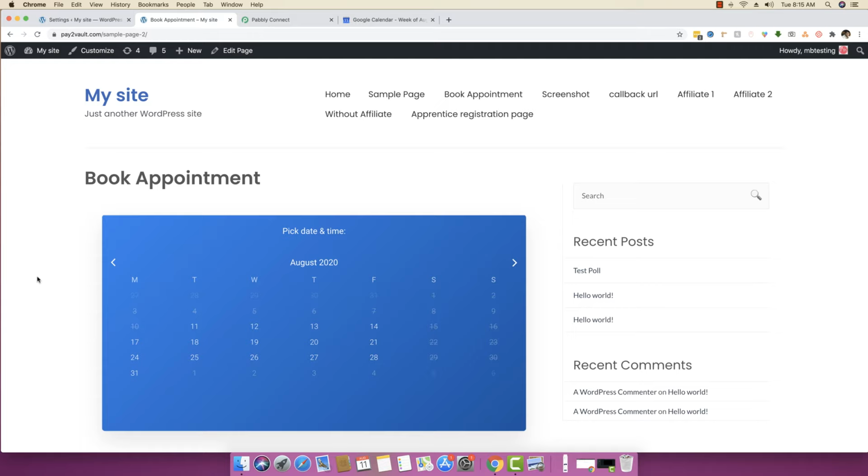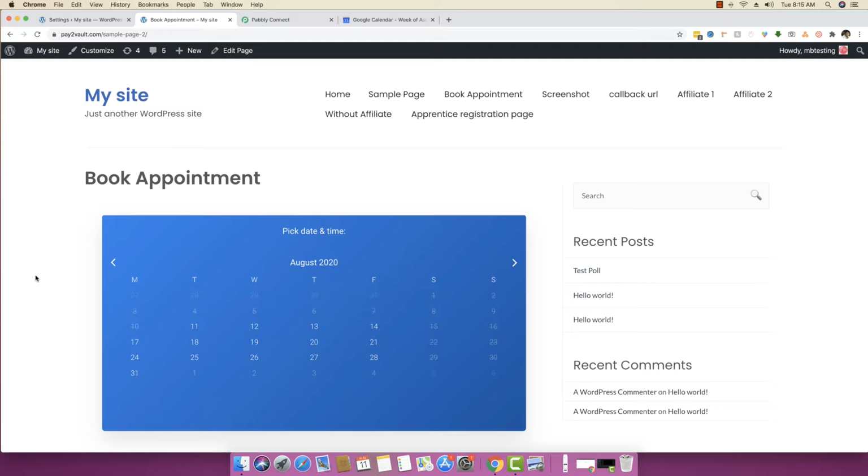In this specific tutorial, we will be learning how we can connect WP Amelia, which is an appointment booking plugin, with Google Calendar with the help of Pabbly Connect. Once the appointment is booked inside Google Calendar, we will be sending an email to ourselves that a confirmation has happened, and we will be getting an email for the very same event inside our Gmail as well.